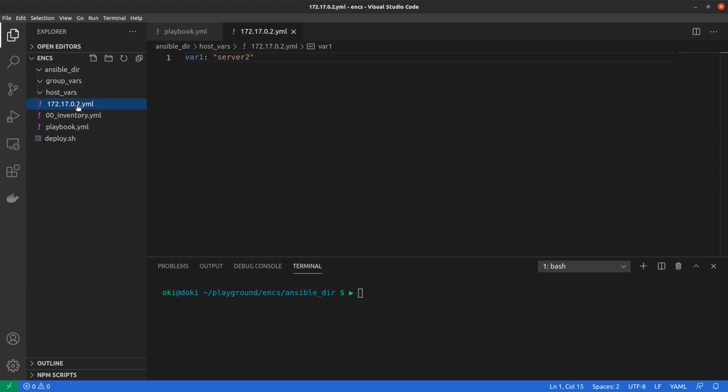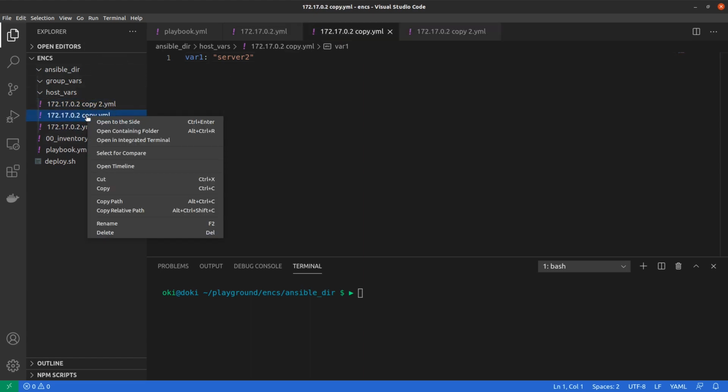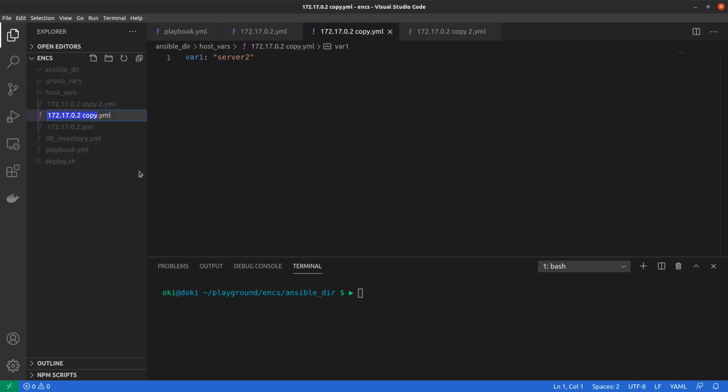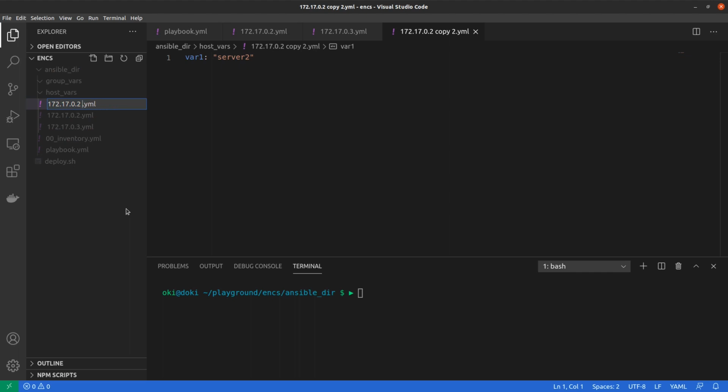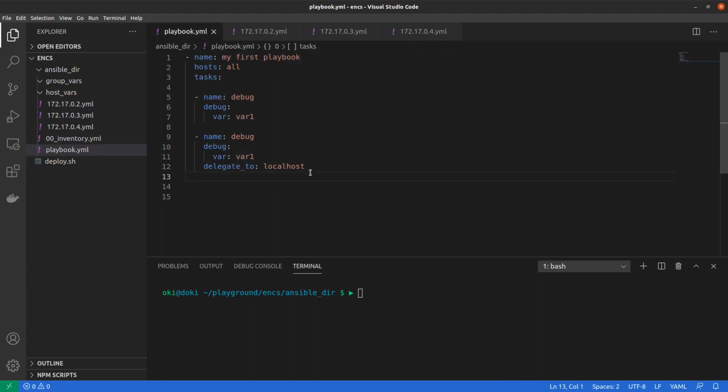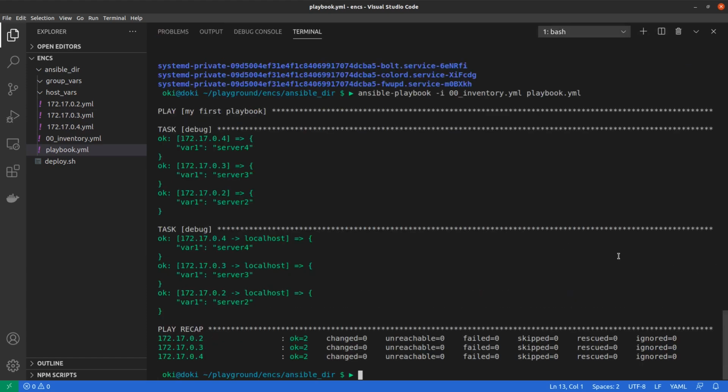I copy and paste this file two times and rename it .3 and rename this one into .4. Okay, I change the value of my variable, server 2, server 3, server 4.